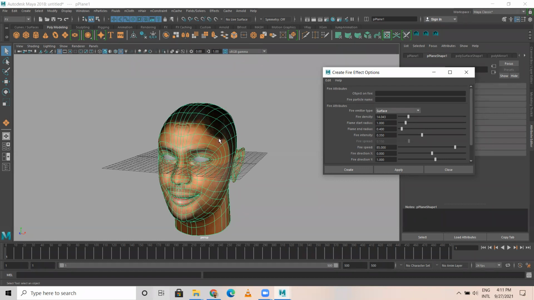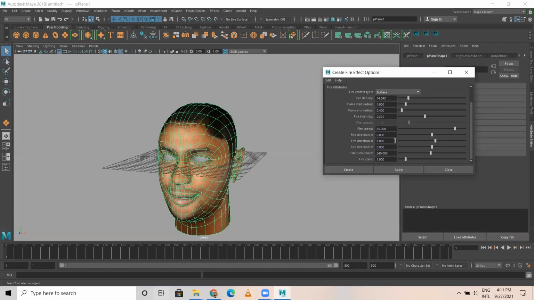Normally when the fire is going to die, the size will be reduced, right? That's how it is. Density I increased. Fire intensity is nothing but more fire, you can increase that. Speed, direction, all these are there, you can define. Scale is nothing but a multiplier. If you make it 2, the fire is double. Make it 3, it's triple, like that.